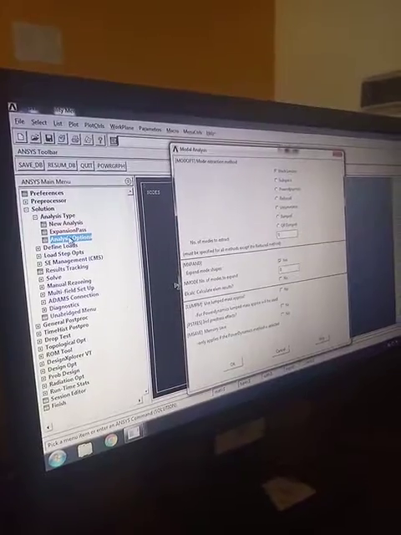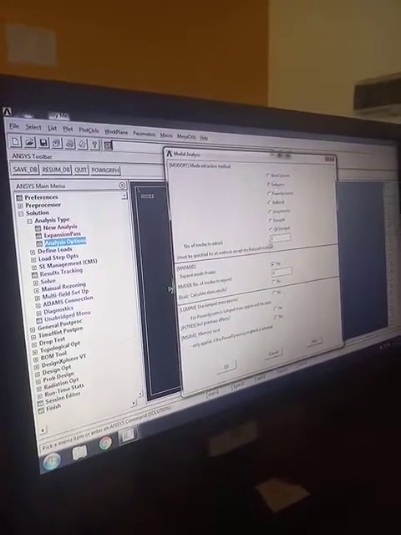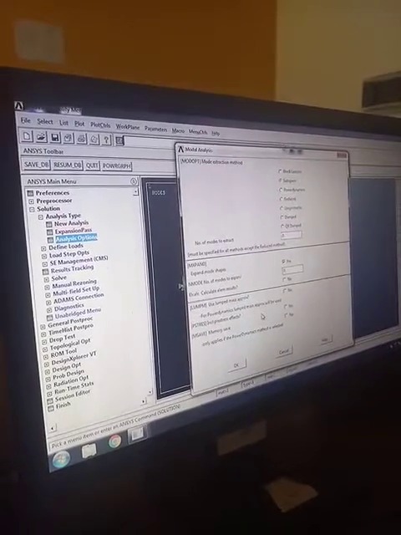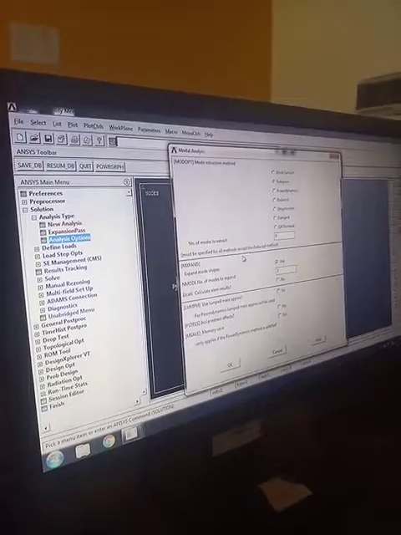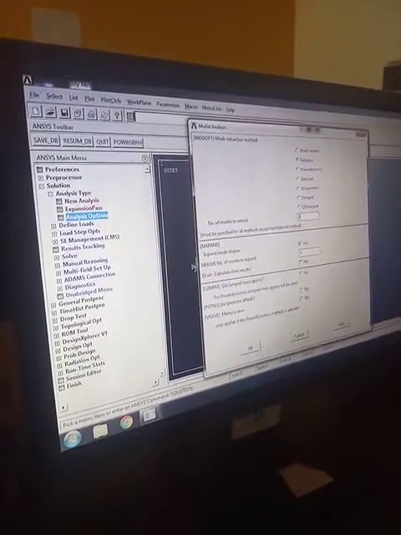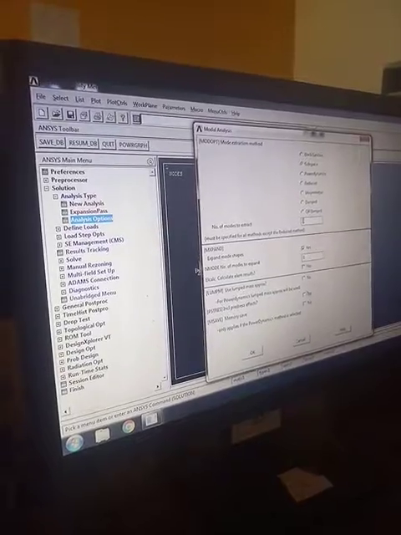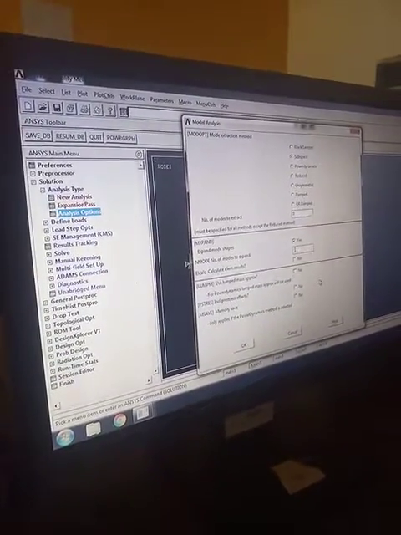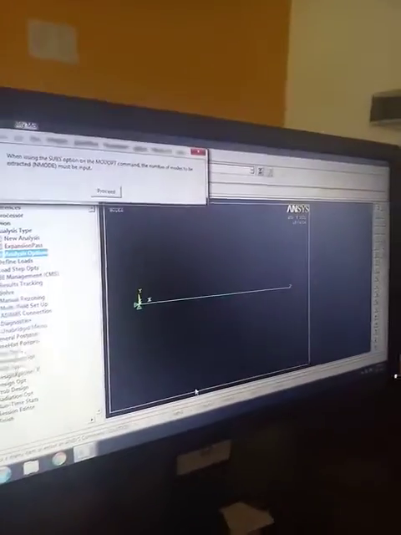In the analysis option just go for subspace option. In that number of modes to extract. Okay, you have number of modes to extract and number of modes to expand. So you have number of modes to expand here. Just give it as 3. Then give OK.